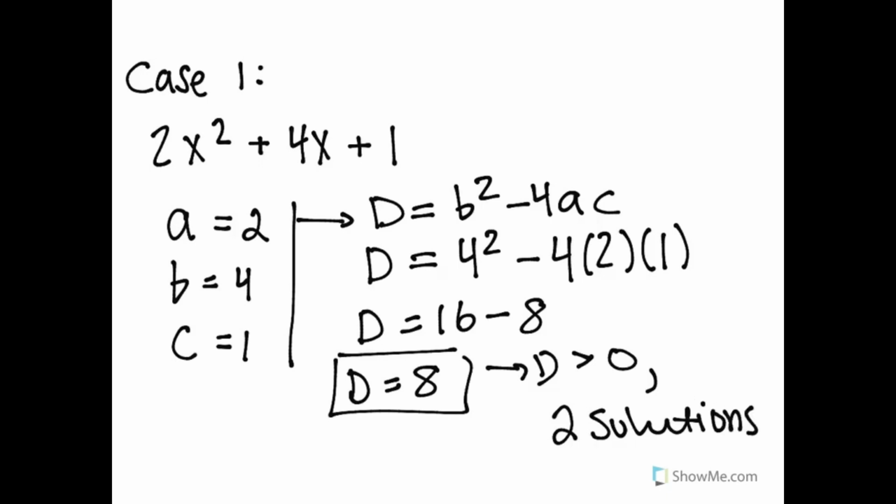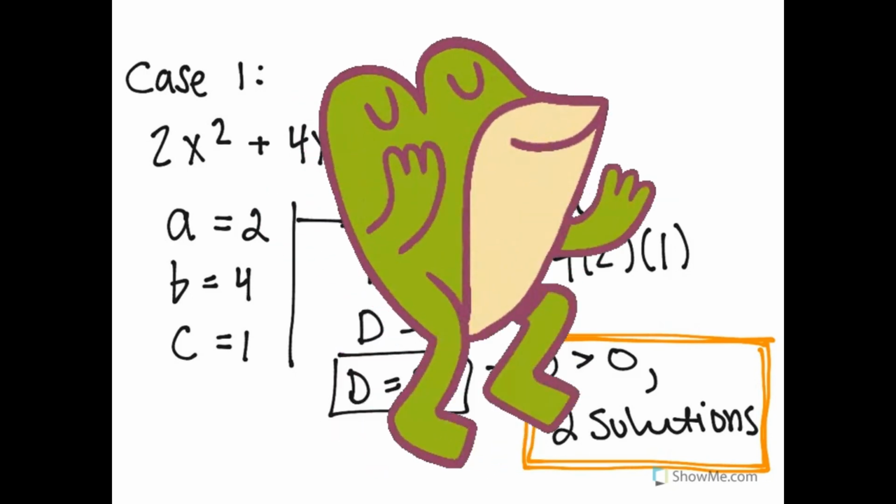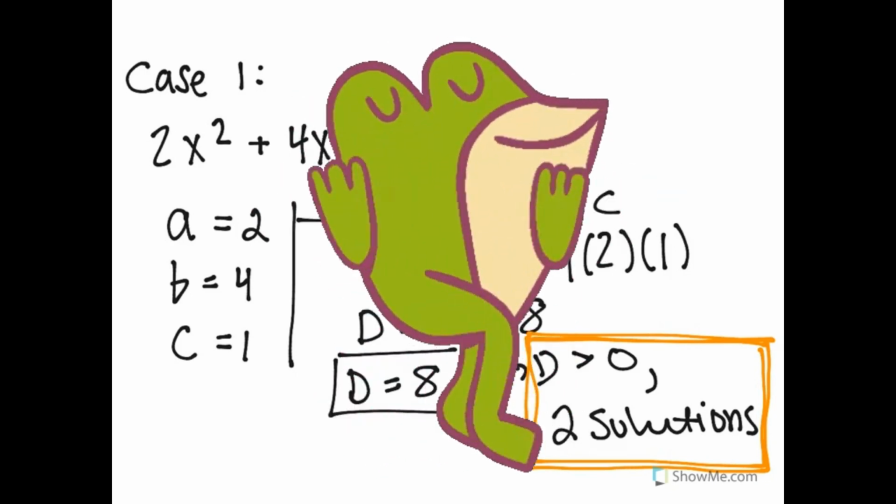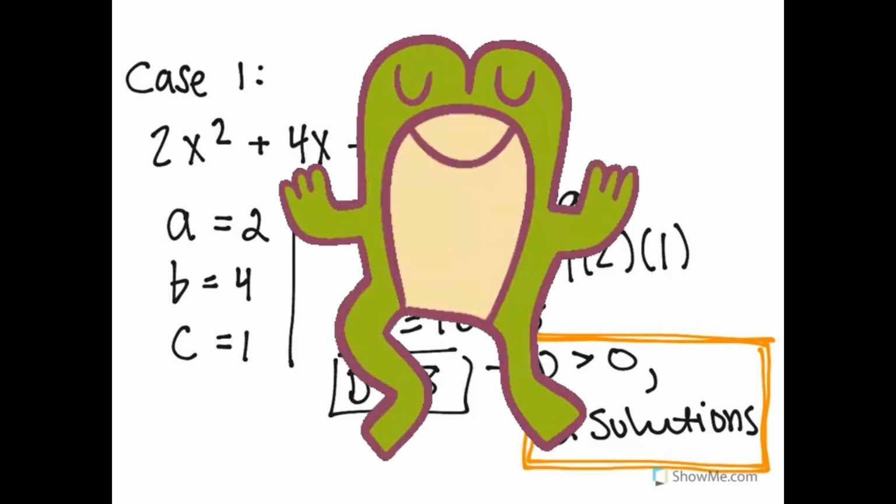So this whole situation of a positive discriminant leading to two solutions, there are going to be three cases, and this is just a set of rules that you have to memorize. And at the end of this video, I will create a table so that you can write in your notes and easily memorize this. So for the next case,